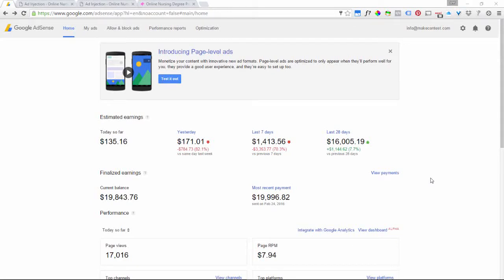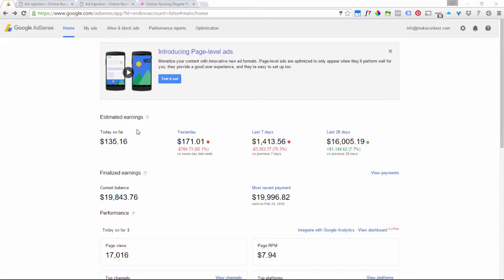In this module, we're going to talk about the AdSense dashboard itself. After you get your ads in place and you have visitors to your website, they start clicking on your ads, then you're going to start earning money. And when you go to the AdSense homepage, like we have here, and you've signed in, then you're going to